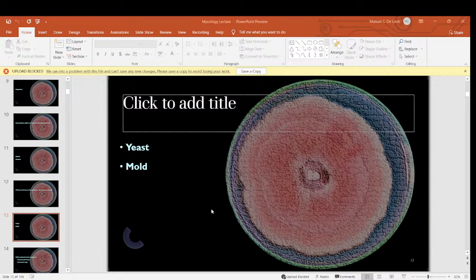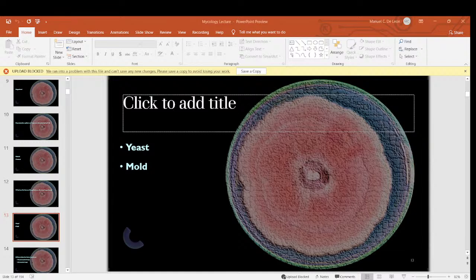All right. Sorry, I'm currently in the laboratory right now, but it's not very toxic. Okay. So let's differentiate the microscopic appearance of molds and yeast. Basically, molds are seen in the form of hyphae. Hyphae are elongated structures that branch out. We'll talk about them later on when we get to the specific discussions.